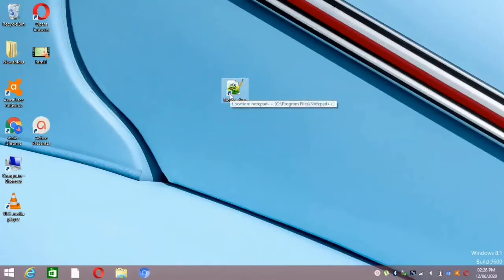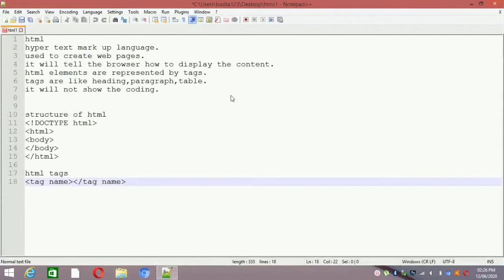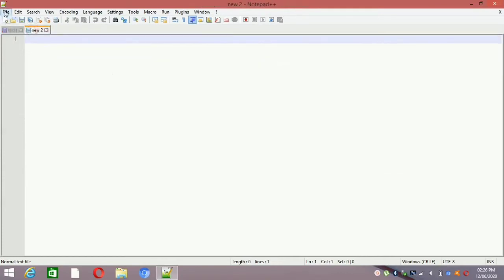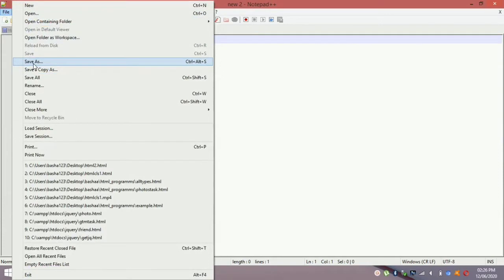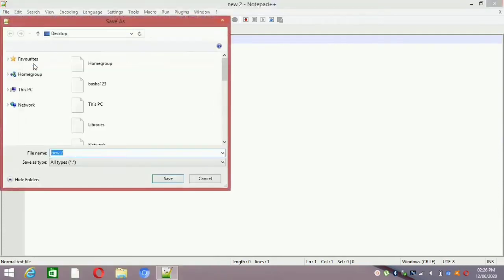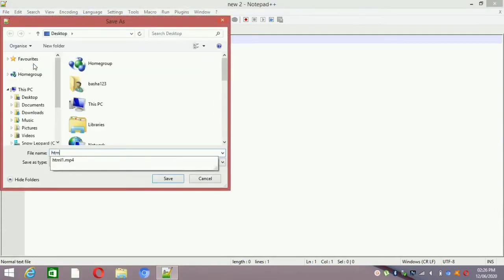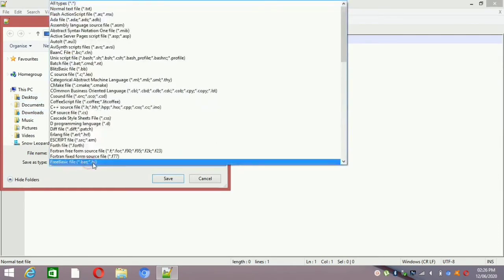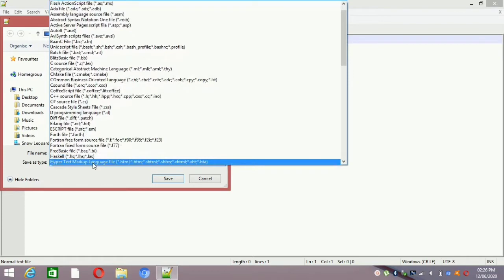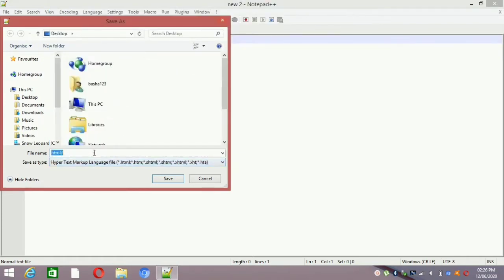Firstly, to start our class, we have to double click on Notepad++, then it opens a web page. In this I am creating one new file. Here the file name is html2 and the type is changed to hypertext markup language.